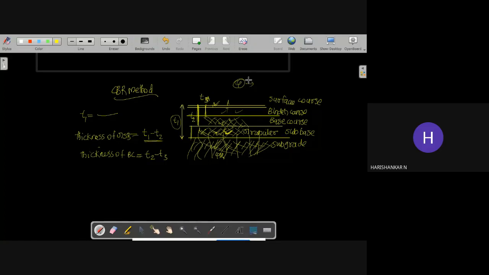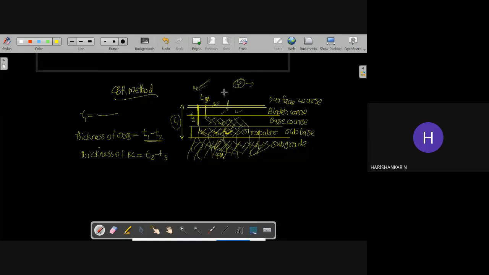The CBR testing is a lab procedure, so it can be done within the lab. It is related to the lab properties only, not that much dependent on vehicle properties or vehicle load, so it is not that much recommended. Anyway, it is the procedure through which you find the individual layers. A drawback of the procedure is that if you want to find the individual layer thickness, you have to perform the CBR test again and again. And it does not give importance to the vehicle characteristics. That is also a drawback.